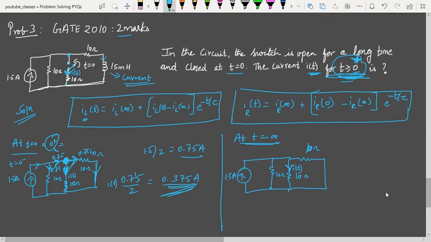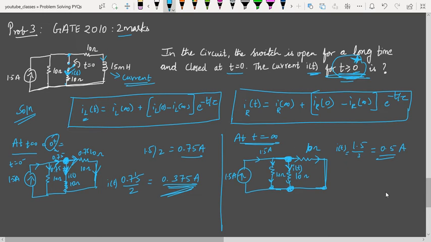So 1.5 amperes is coming, and it has to split between 3 equal resistances. They are all in parallel, all 3 ends connected to the same point, and the other ends connected to the same point. So 10 parallel 10 parallel 10, and each branch carries the same current. So I of t equals 1.5 divided by 3, which is 0.5 amperes.